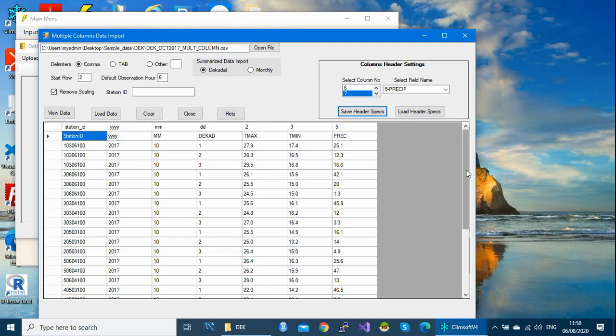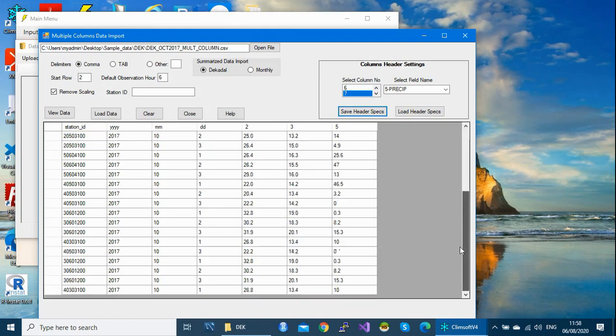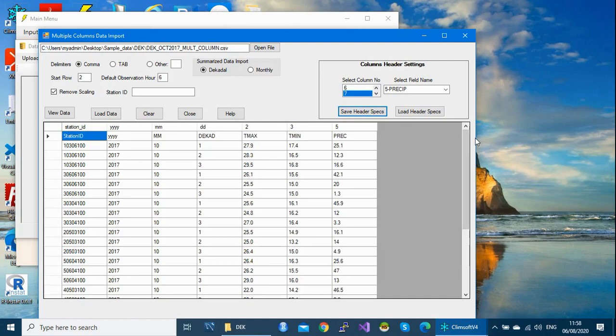So your data is ready to be imported into CleanSoft. To import this data, you need to click here on the load button. By clicking on the load, the process will start, and you can see it is very fast. It has done. So the next step is to check if our data were really imported.